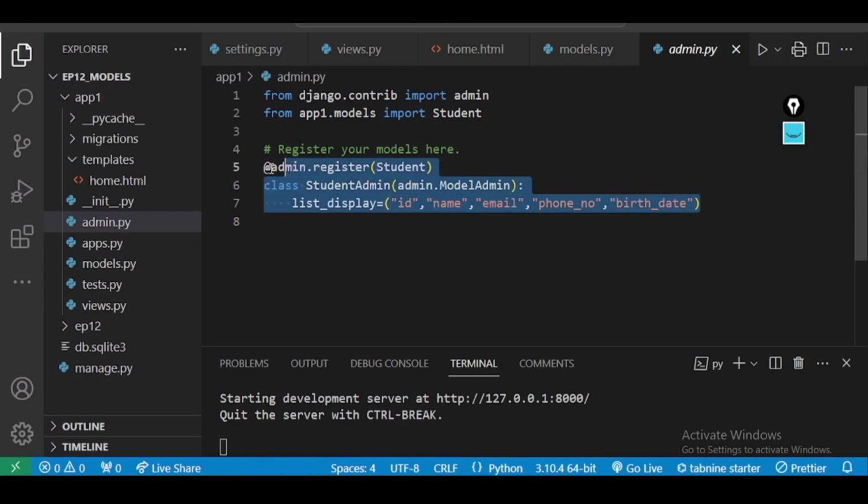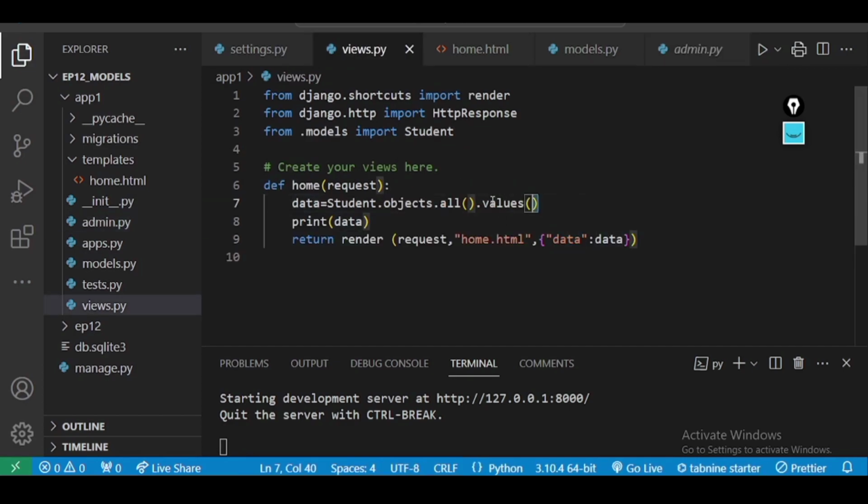Of the different methods to register, we have gone for the decorator method, and whichever fields you write over here, those fields will be visible over there. Okay. Then in the views, whenever you want to fetch the data, we write Student.objects.all. It will give you all the data. If you want to filter the data, we can use filter as well. If you want to get a particular data, we can get the particular data as well. This we will be doing